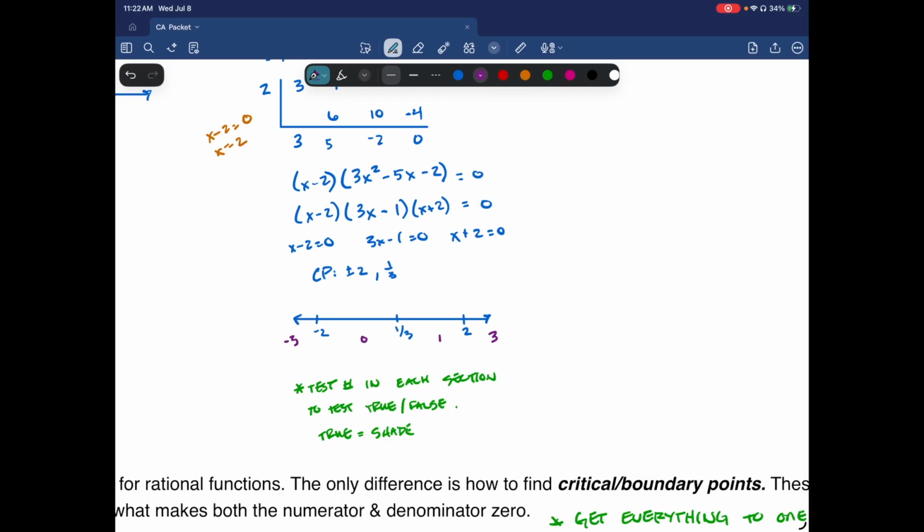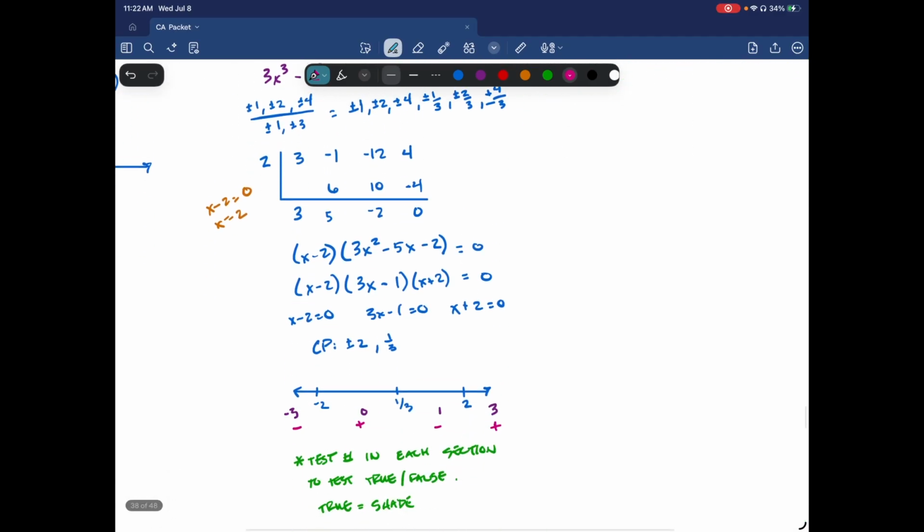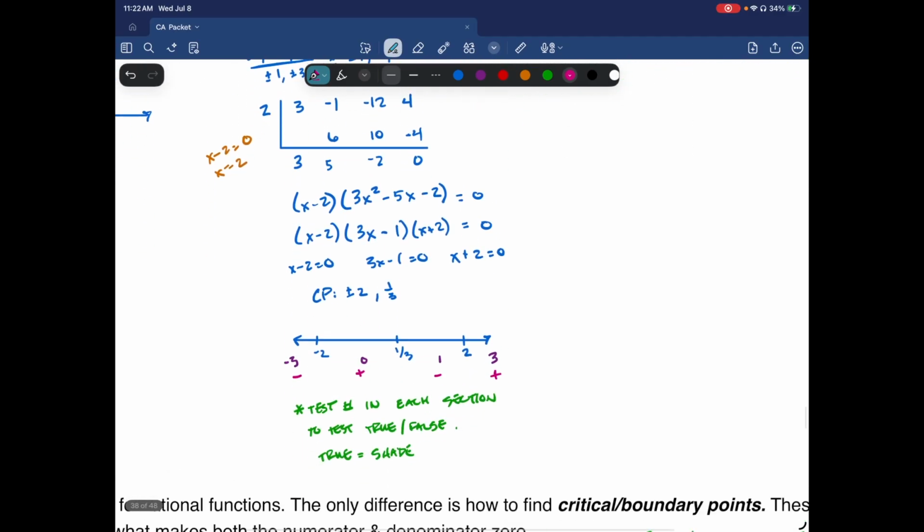Okay, so when I plug in -3, it results in a negative number. When I plug in 0, it results in a positive number. When I plug in 1, I get a negative number. And then when I plug in 3, I get a positive number. Now, this entire thing said greater than 0. All right, so what's greater than 0? Positive numbers. So I'm going to shade